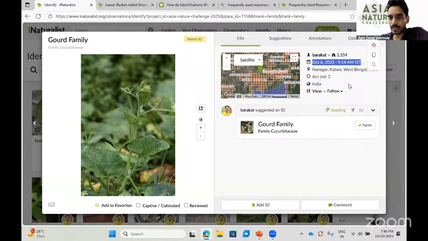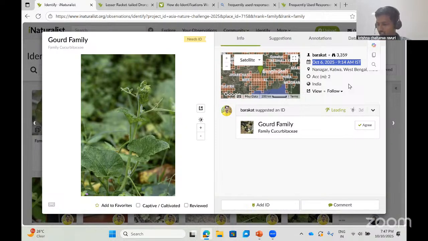Second question from Indra is, if photos are clicked by any second phones, can we still upload on iNaturalist? Yes, you can upload photos which are taken by any phone using any camera or any device. You should have the rights of using these photos. They should be your photos. Sometimes it happens that one of my friends just shares me a photo and says, "What is this?" So I can get their permission and upload it.